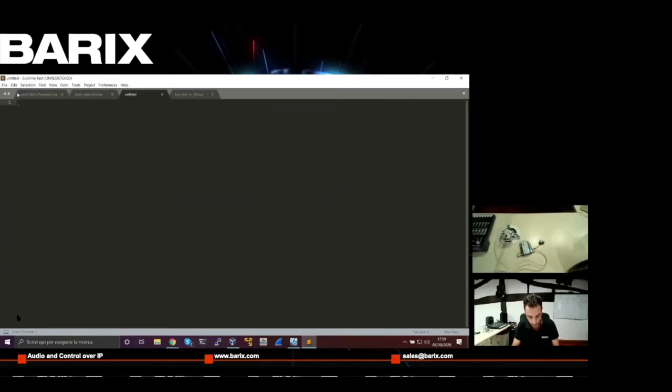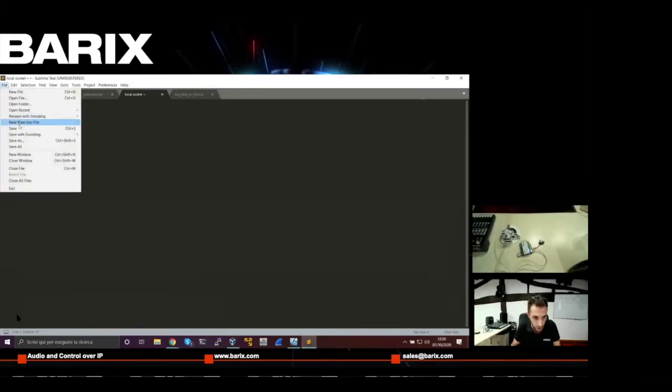So first, I want to use the sleep function. The nice way to do that is to import the socket library to use the socket.sleep module within that library. So local socket is equal to,